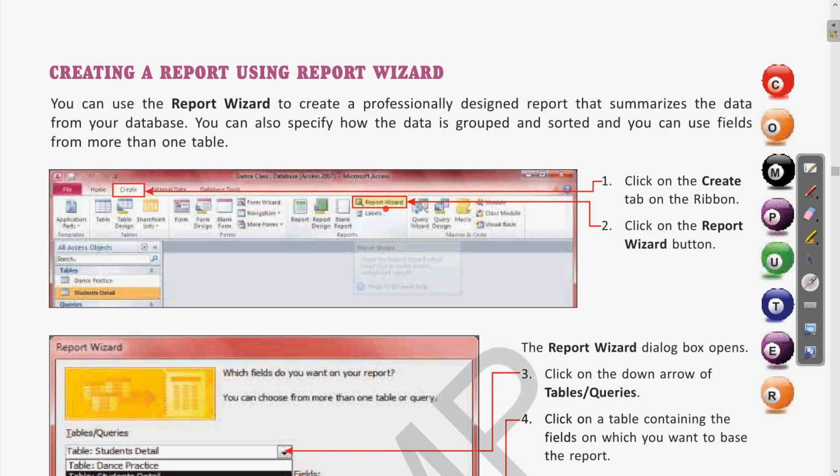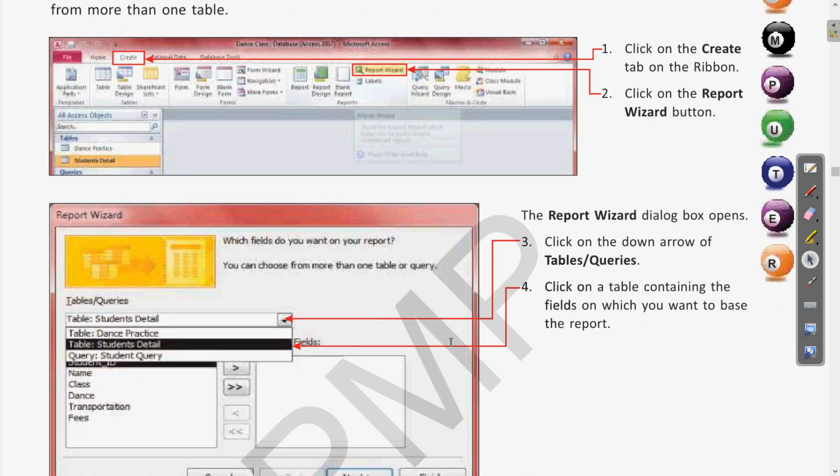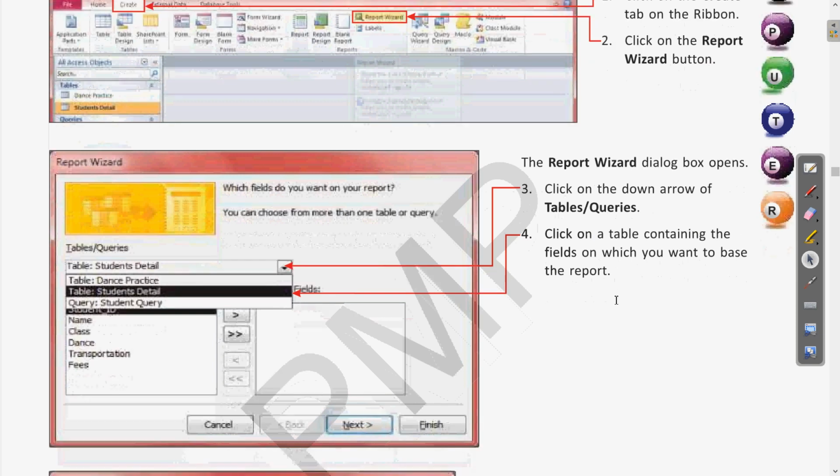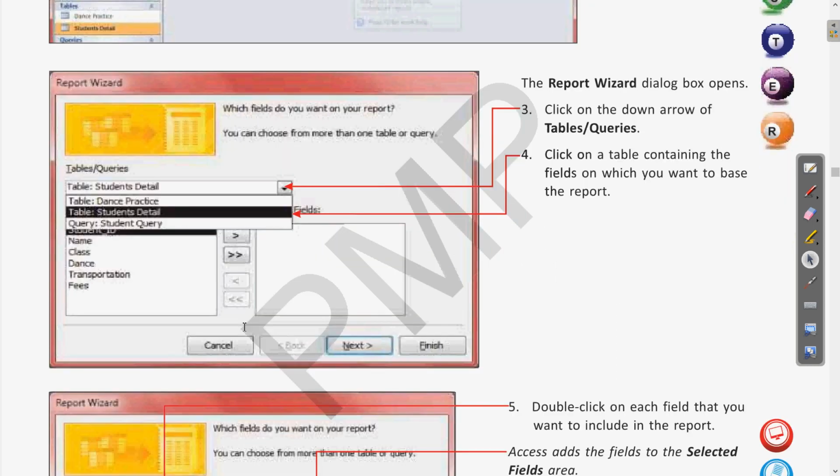Here in the ribbon area we will get the report wizard, then we will get a series of steps using the report wizard dialog box. Here we can choose the name of the table or the query which already exists in our database, from this drop down. After selecting the table name, we will get the different field names respective to the table or query we have chosen.